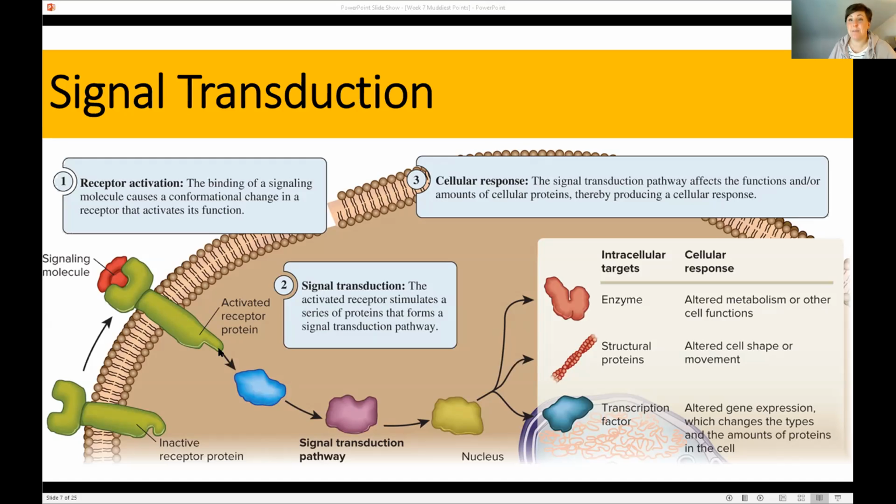Usually, what happens once that message is heard is you will have a series of reactions. Again, sort of like if you put your hand on a hot stove, you feel pain, but also you have the reaction where your muscles contract to pull your hand away. So that's multiple messages, interpreted by the nervous system, the muscular system, etc. And so similarly, when a message is heard by a receptor, a cascade of reactions takes place that leads to the response.